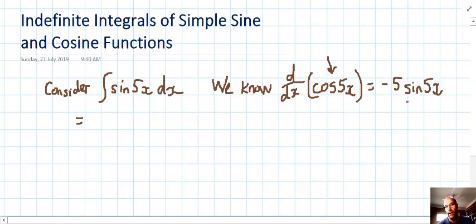However, it does have the integrand, which is the thing that's being integrated, in the answer there, but its magnitude is too big. It's out by a factor of negative 5. So let's try the derivative with the reciprocal of negative 5 put on the front. So let's take the derivative of